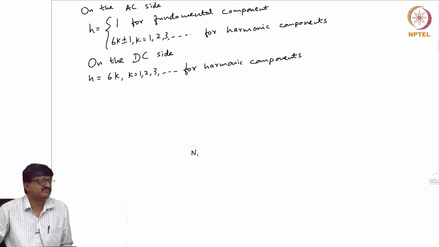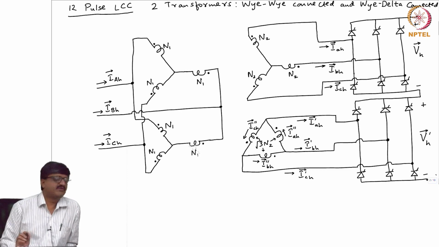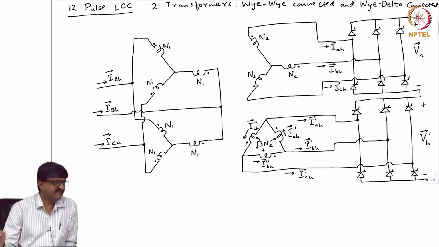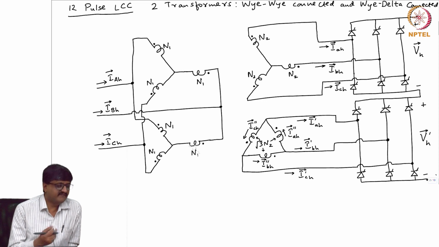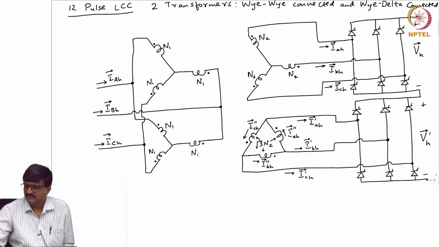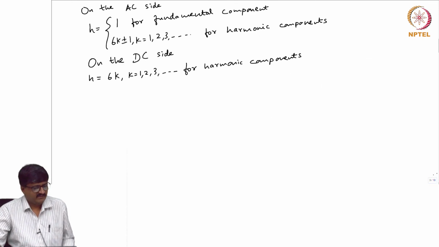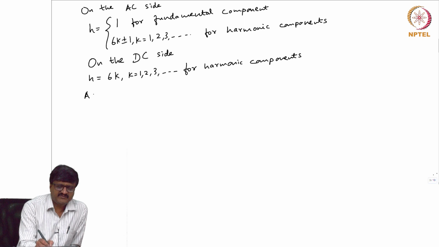Now, if I want to analyze this, what I suggest is that this is the circuit of the 12 pulse LCC. So, it consists of 2 6 pulse LCCs and 2 transformers, one YY connected, one Y delta connected. So, the question is, why should one go for 12 pulse? I mean, what is there in 6 pulse which is a disadvantage which will go away here? Obviously there should be some advantage of this with respect to 6 pulse, that is why we make some complicated arrangements and go for 12 pulse, right. So, we will see what is the purpose of going for 12 pulse, but for that we need to do some analysis, and for simplifying the analysis we will make one assumption that the transformers are ideal.